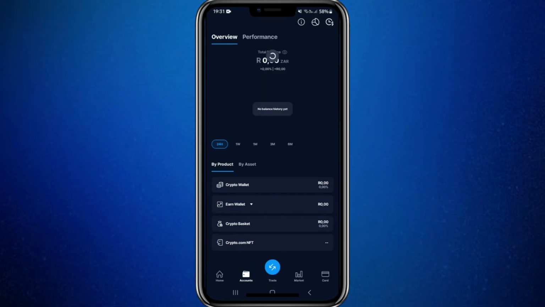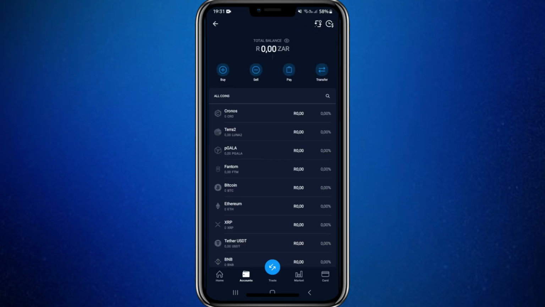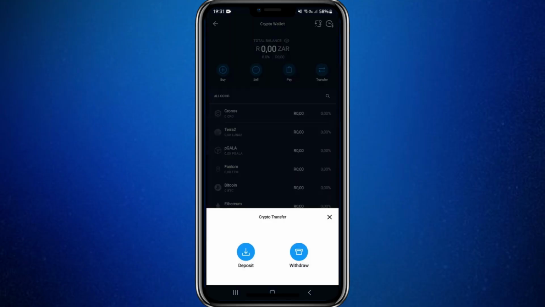Here, you will see the crypto wallet, and once you tap on the crypto wallet, you will notice a few options at the top, including buy, sell, pay, and transfer. What you need to do is click on Transfer, and once you have clicked on Transfer, you will then click